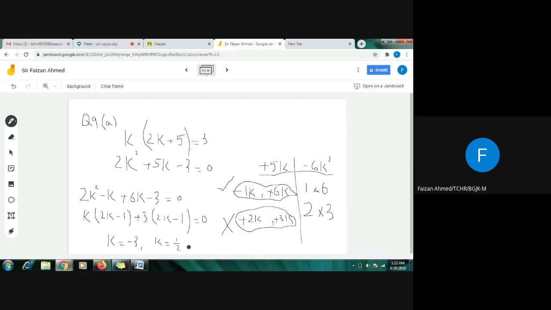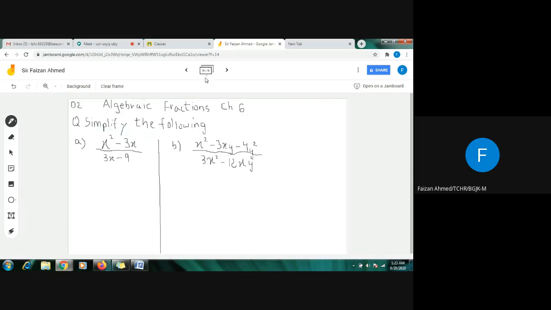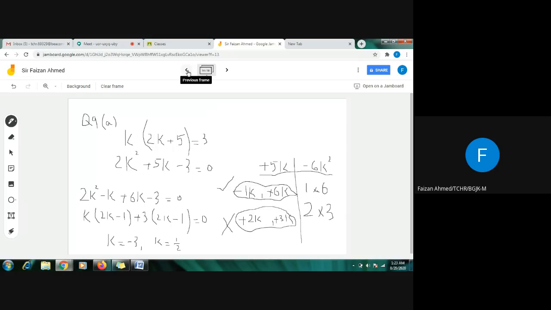So this was all about factorization of quadratic equations, and we are solving quadratic equations by factorization. You know that factorization means I have to introduce brackets, and when I introduce brackets I have to take something common, or I can apply the middle term breaking method, or I can use identities for that. So this was all about today's class.